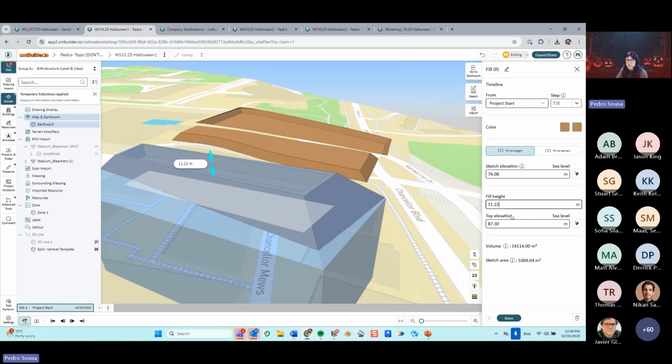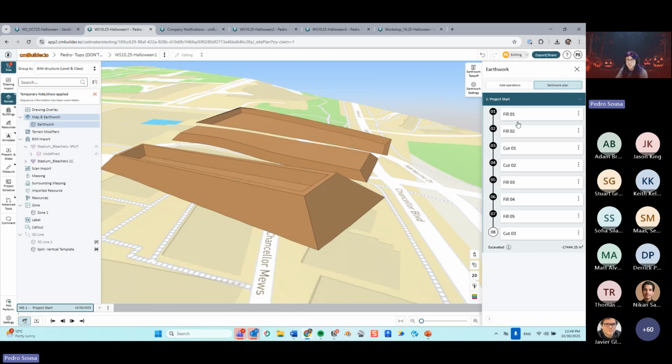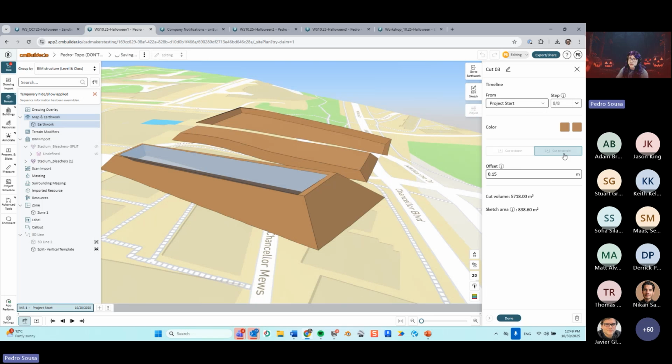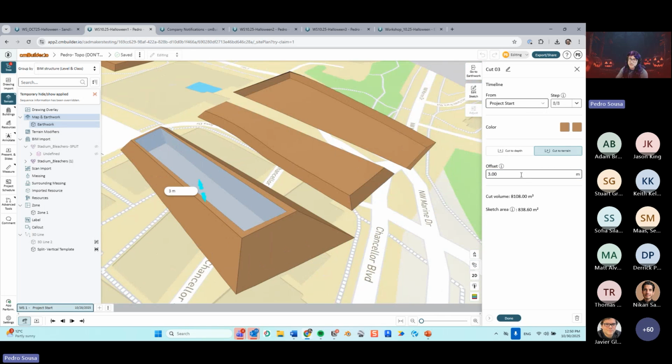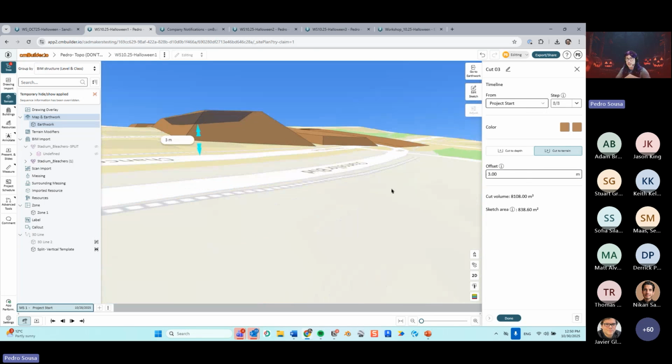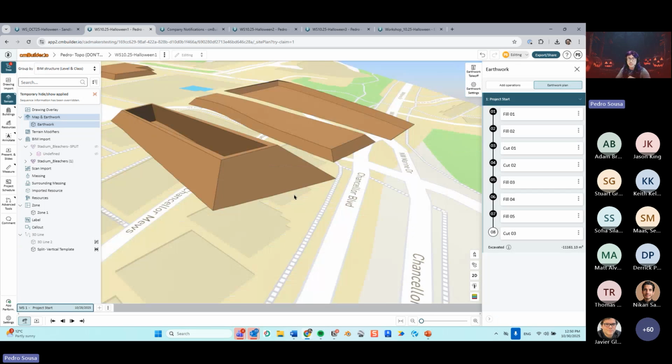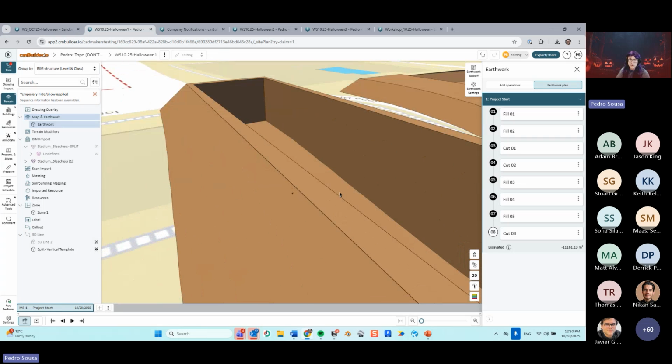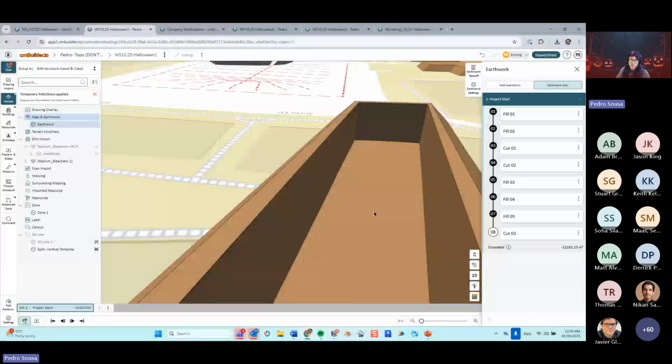My fill height was 11, and I want to put this cut to terrain 3 meters down from that. If I do a cut to terrain and I do 3 meters, the reference when you do a cut to terrain is the actual terrain. So a cut to terrain over here with 3 meters is making this 3 meters deeper than